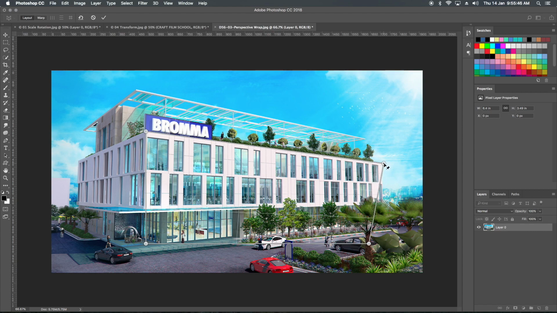Now I'll match the corners with these pins. These corners in perspective warp are called pins. So I just matched, randomly, not so precisely.